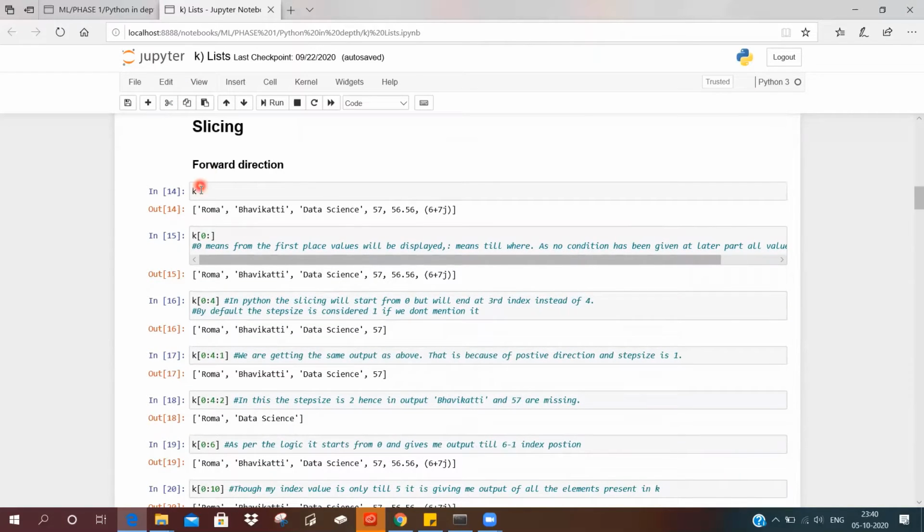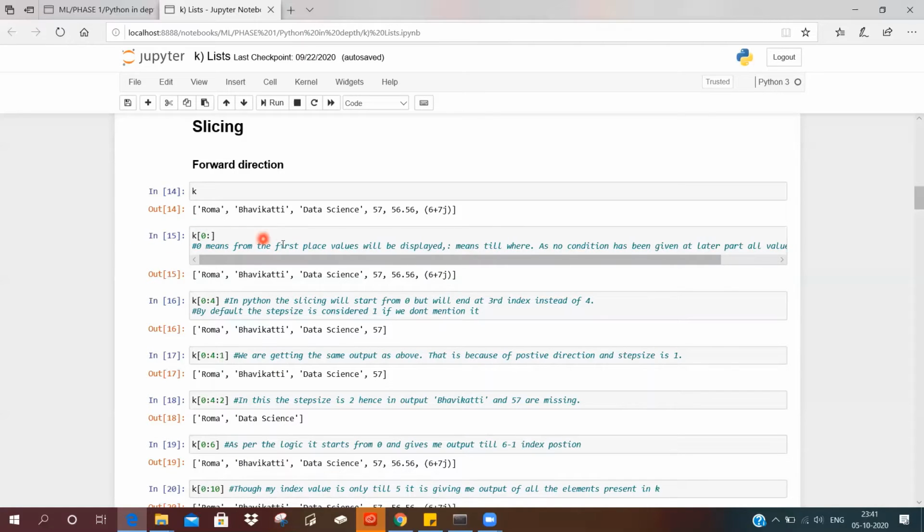Slicing. The logic for slicing over here also remains the same as shown in strings. K of 0 colon means my first index value, and since I've not defined my last index value, it will print all the values.